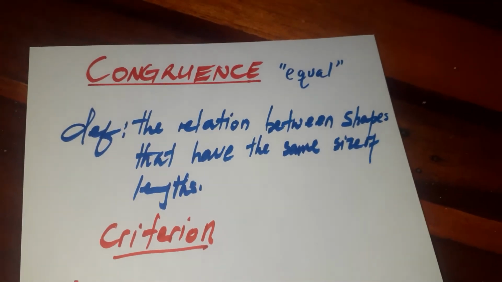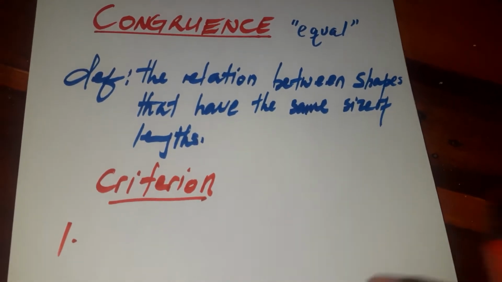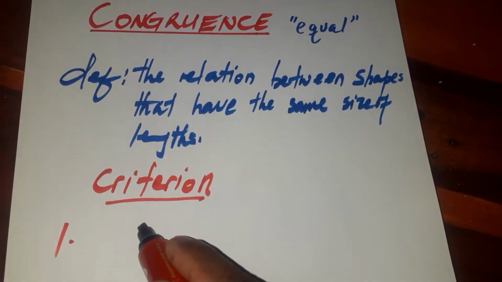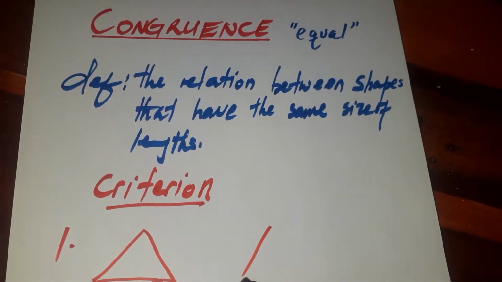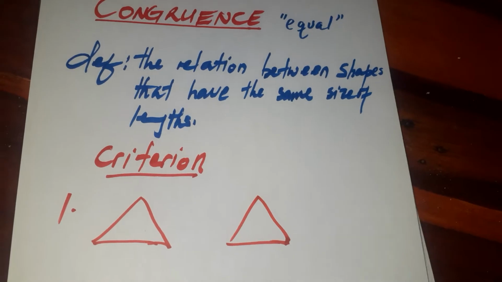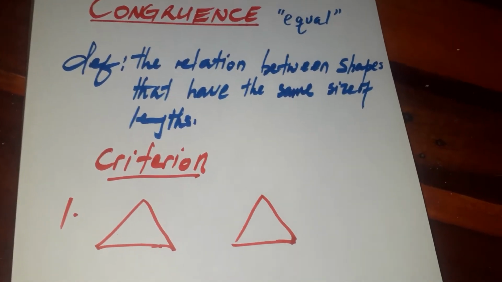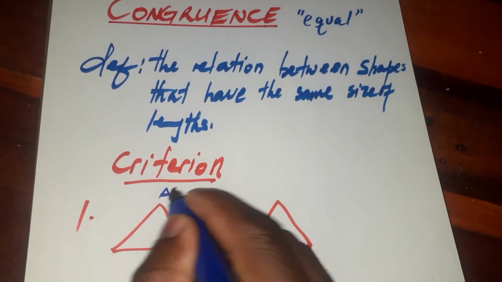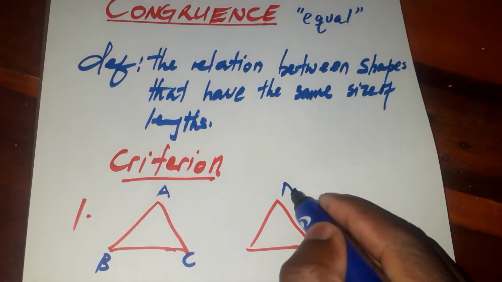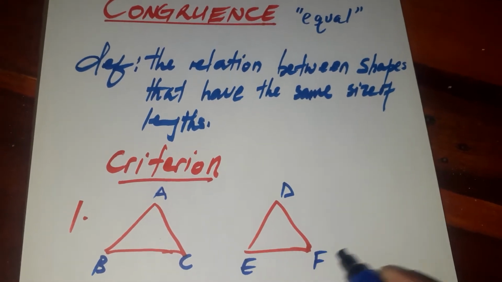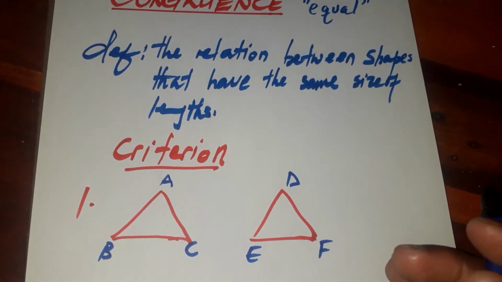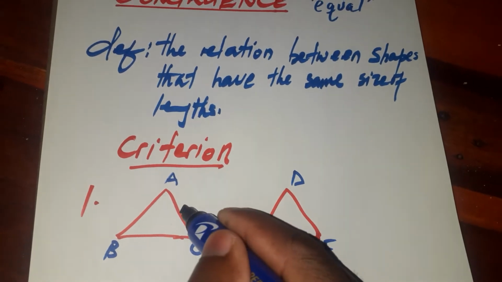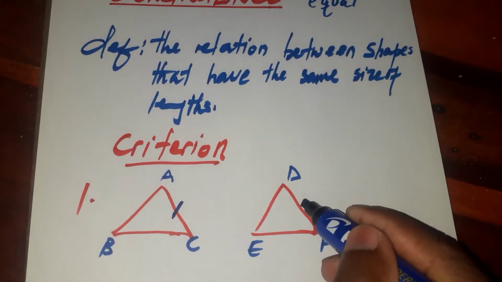Now, the first one, I think I need to draw a shape. Suppose we have this triangle and we also have another triangle this side. In order for us to prove if these two triangles are congruent or if they are equal, suppose this is triangle ABC and this is triangle DEF. Now, what we have to look at, we need to see to it that suppose this side here is equal to that side,